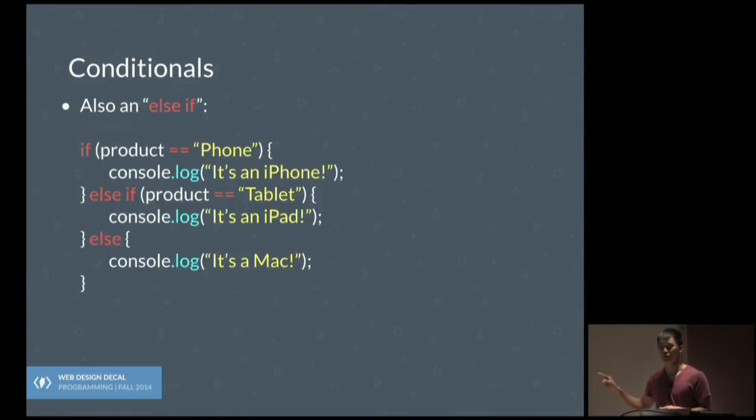Is there anything confusing about this code that's written here? Anything that doesn't seem to make sense? Yeah, question: do you always end with just an else without anything? So the question is, do you always have to end with an else and something? You technically don't. You don't need to have an else and then stuff inside that body. In fact, if you follow the logic, then no matter what's after it, it'll always go to that. But except in certain cases. Oh man, all right, we have to talk about that. But basically, you don't have to have all of those. You don't have to have an else case every time.